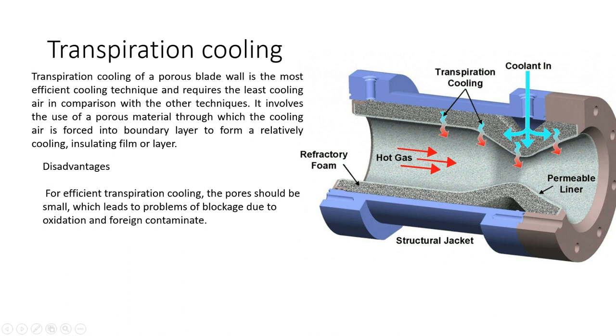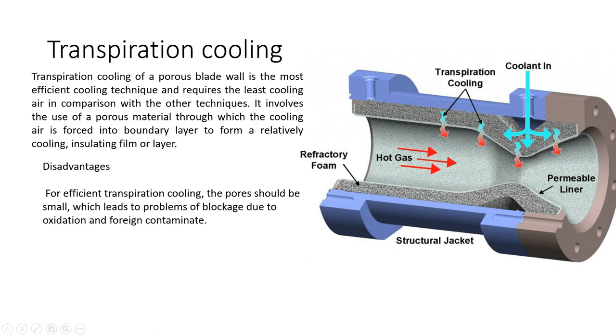So here, transpiration cooling is about the material that you use. This is actually of a combustor and a nozzle, but to speak of a turbine, so what is transpiration? It is something like breathing. Okay, so it is like a sponge. So imagine if you soak a sponge in water, how quickly it will absorb all of the water. The material that you design your blade with will be like that, like a sponge.